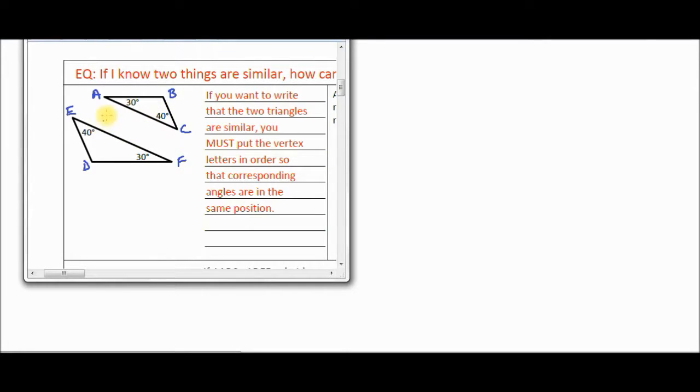If they are, we need to write our statement of similarity correctly. So let's put here in notes,